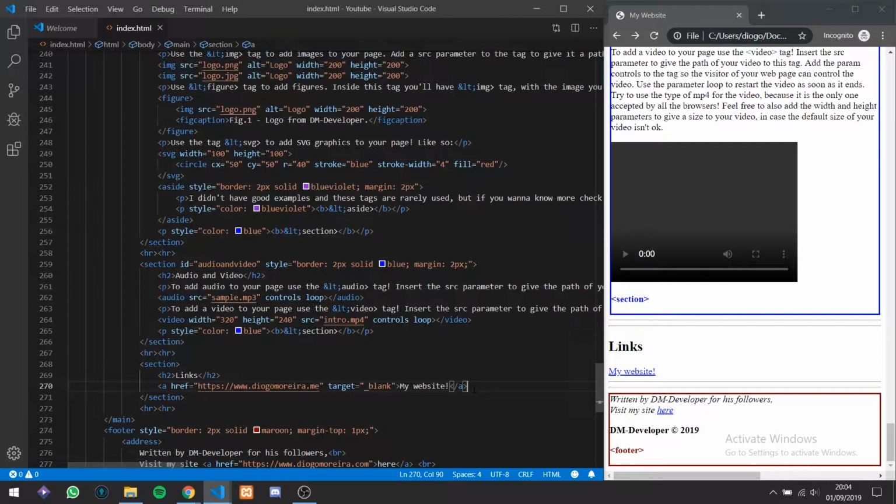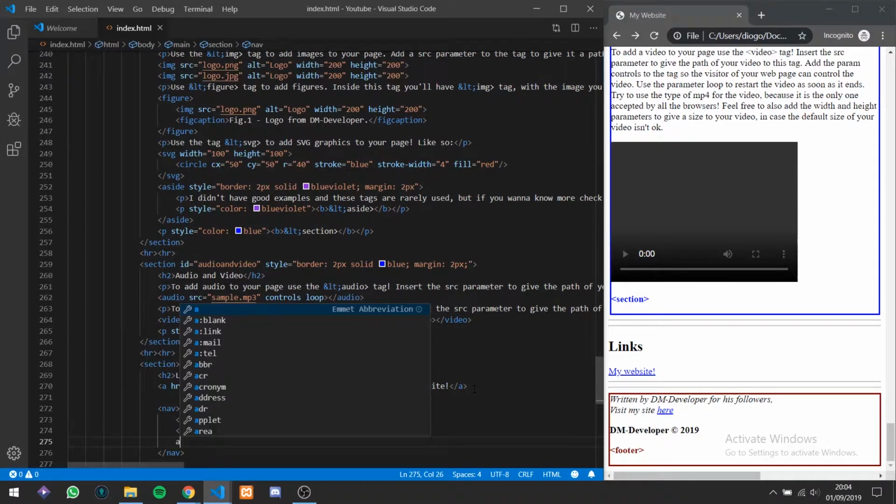After the A tag for anchor, there is the nav tag. The nav tag defines a set of navigational links. This element is intended only for a major block of navigational links, like so. For example, we have here our nav, and let's now add an anchor, and you can separate it with this character and another anchor, and do the same thing again,